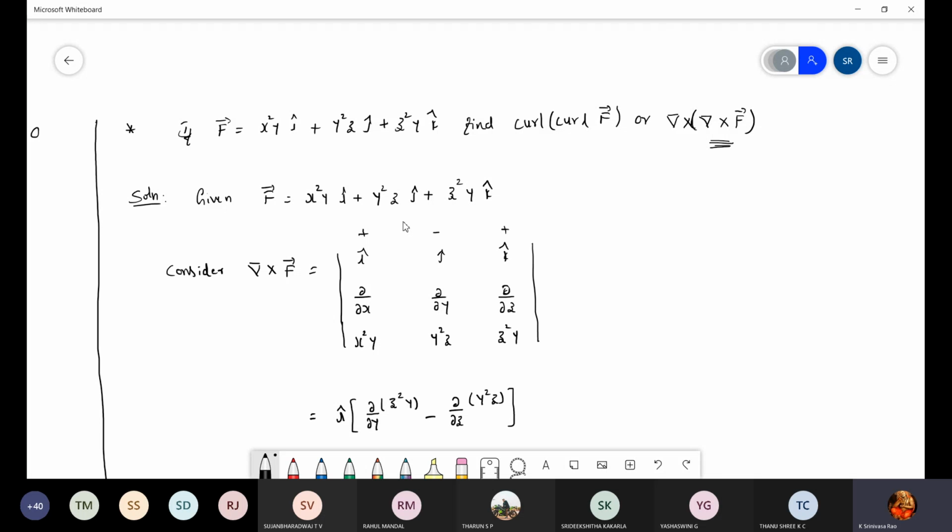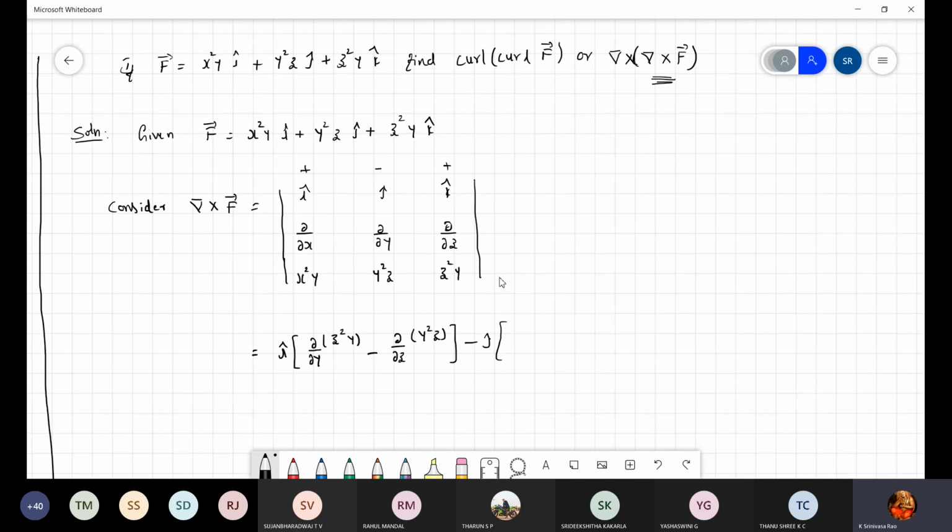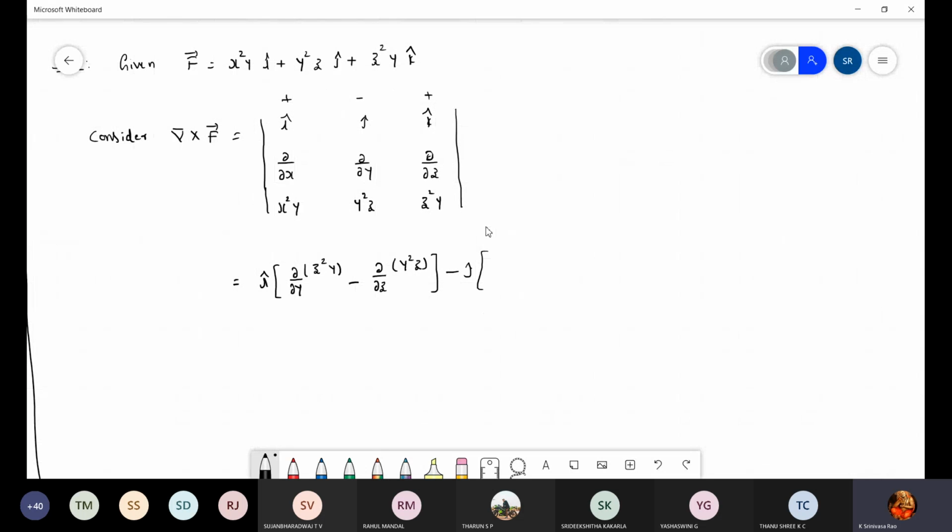If you are perfect with the concept of vector and partial differentiation, you can avoid this step and write the direct answer. If there is a confusion, better you go in this way only. It takes a little bit of time, but you should write the correct answer. Minus j cap into the particular column and particular row. So middle column and first row, second column and first row you neglect. You will get dou by dou x of z square y minus dou by dou z of x square y,